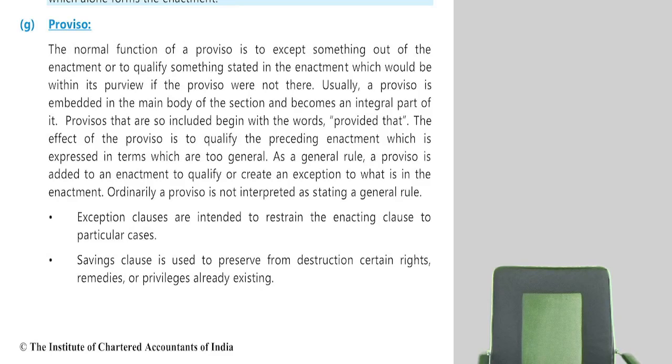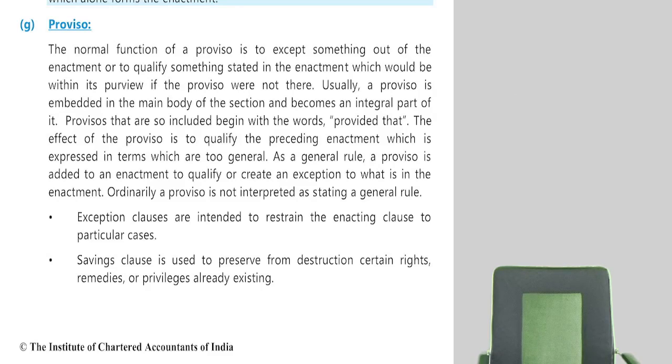Second type: how can a proviso be used? I will tell it this way. The managing director of a company will be appointed by the board of directors. Over. One line. Proviso: provided that the company shall file Form MR1 within 60 days of appointment. Now you should tell me the answer. This is an exception, an additional condition. Did you understand what I said?